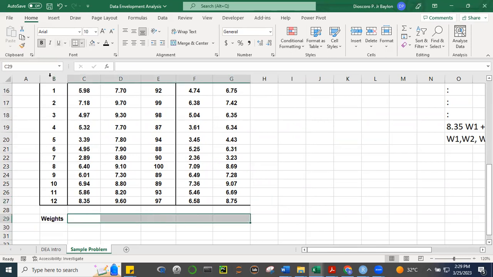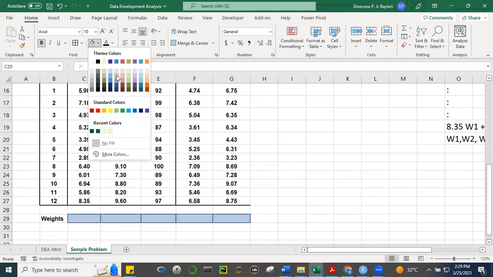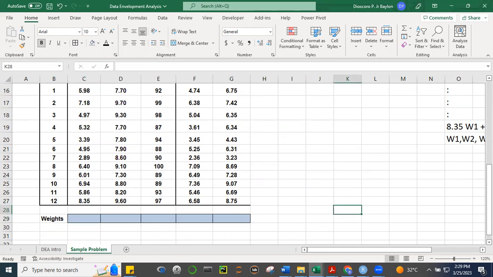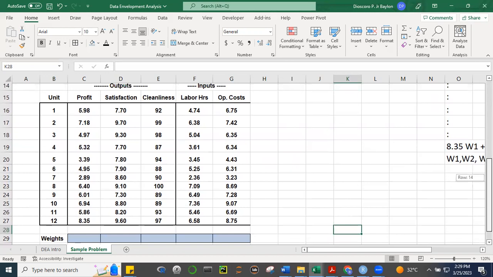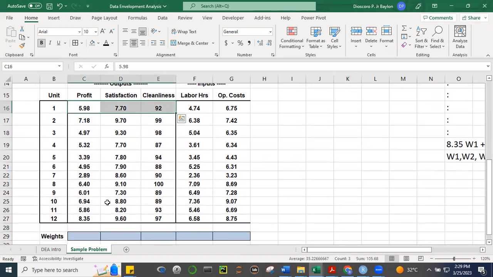So let me put borders here and then fill. Okay, so this will be our decision variables. And the reason why I place it in this manner, you could of course place it above, but it would have been best had we positioned our weights in parallel to your outputs and inputs, so that, for example, if you're getting the weighted output for unit 1, it will just be